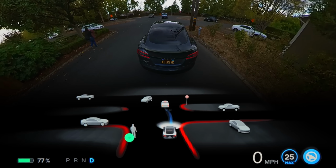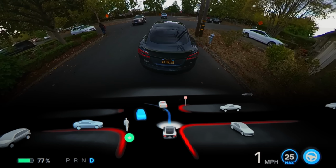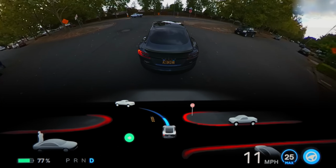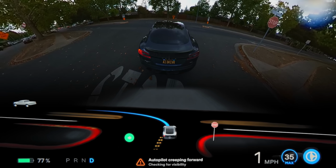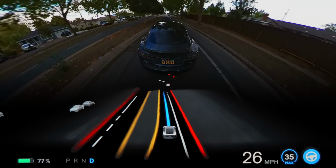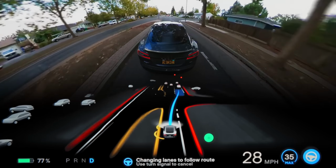You can see the beta approaches this first intersection pretty cautiously. We don't have a stop sign where these first group of roads meet, and you can see it creeping forward and making sure there's no opposing traffic from the sides, and then we proceed forward to the real unprotected left here. Overall, very well done. I like that we left that first crossroad clear until the truck ahead of us moved forward, and then we proceeded to the stop sign